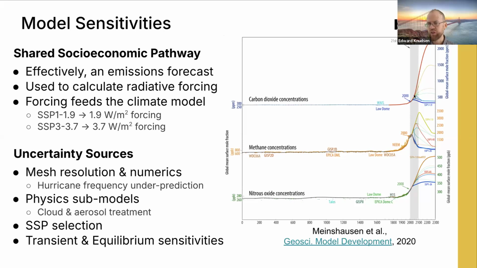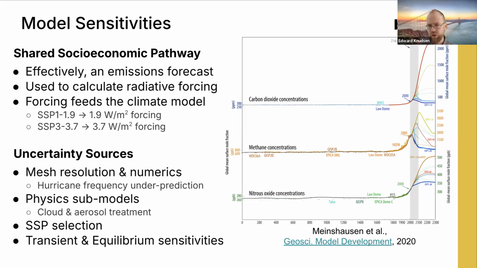That's the red line that really goes up and to the right. And for other SSPs, this CO2 concentration curve is a lot lower. And so when you're picking an SSP, you're effectively picking what is the concentration of gases in the environment. And the way the model sees that is what is the radiative forcing in the atmosphere due to those gases.